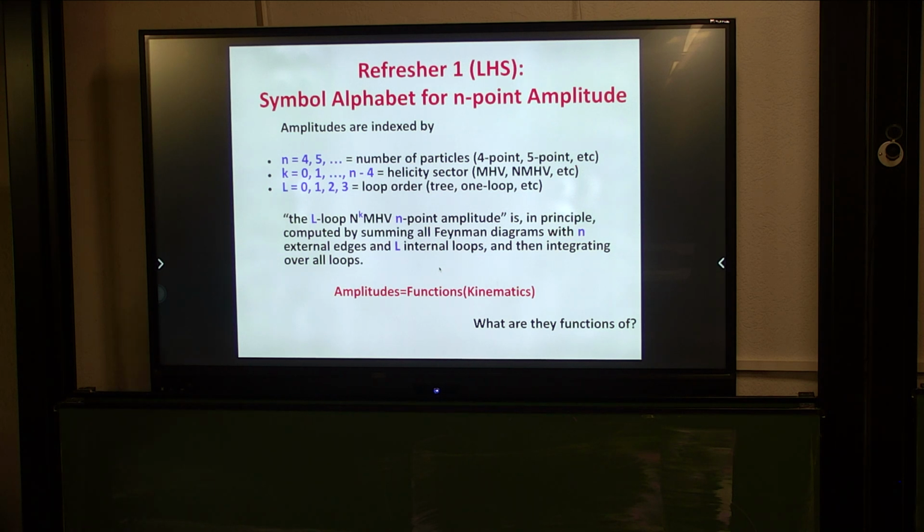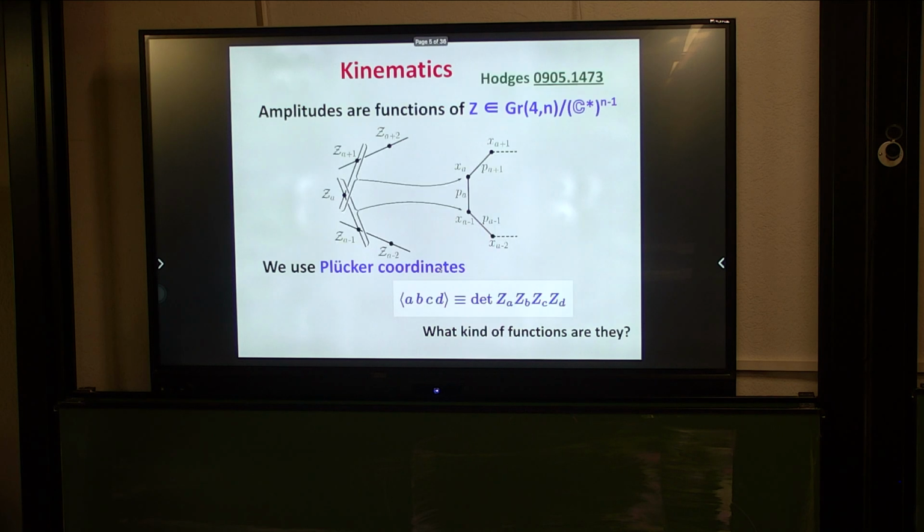What are these amplitudes? They're some functions of the kinematics, okay? So what are they functions of? What is the kinematics? We heard this in a number of talks already. So the kinematics describing the amplitudes is given by those momentum twistors Z that we've seen that lie in the